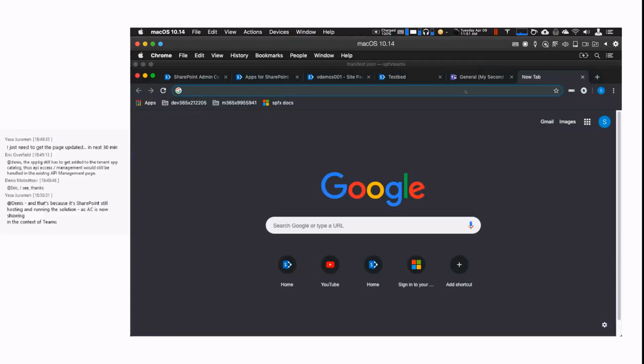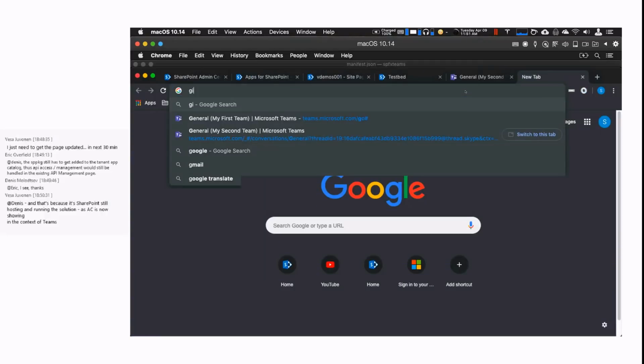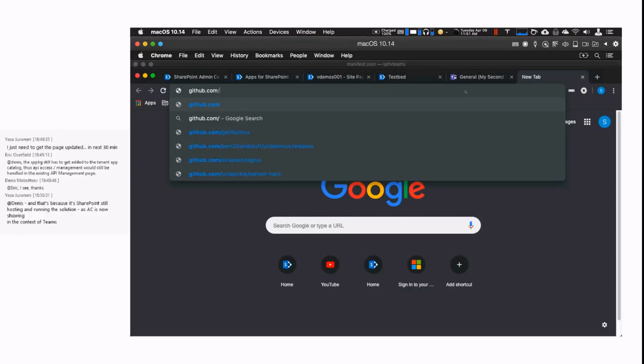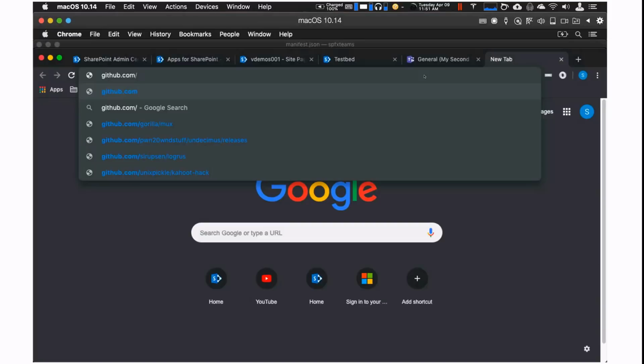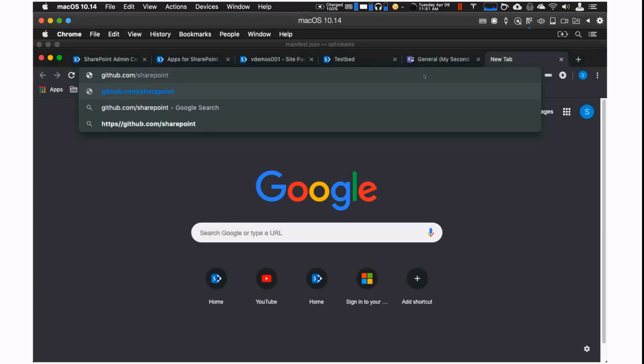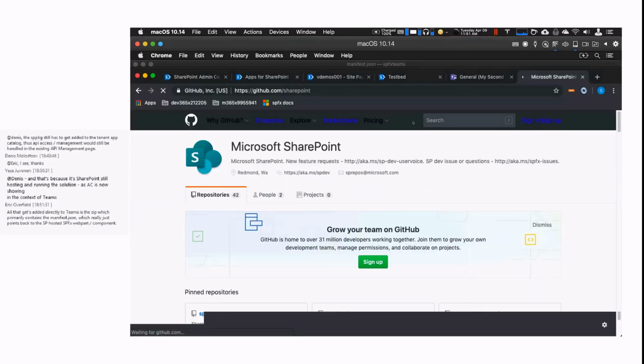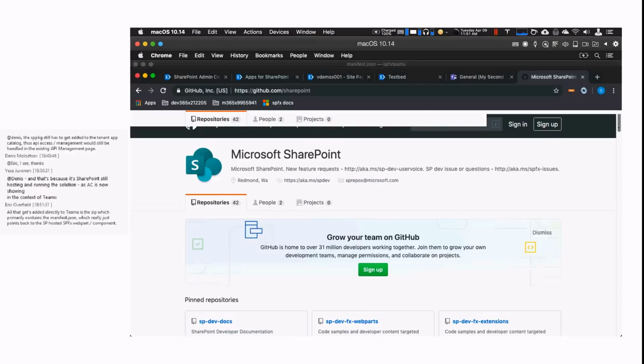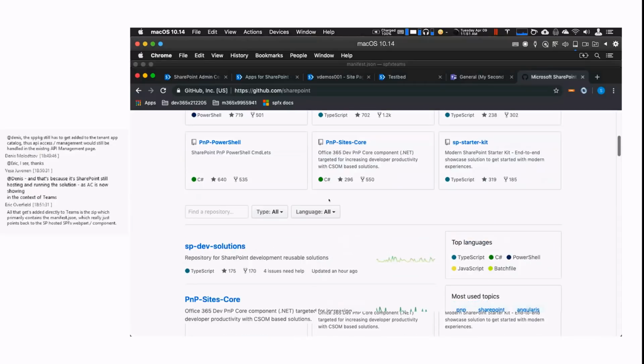If you want to see how to do this, Vesa said that he would be updating that aka.ms/SPFx-training link. He will have that updated, and you'll see a bunch of social sharing stuff that goes out shortly. But in the meantime, if you just go to GitHub, here's the way I go to it. If you go to github.com/SharePoint, and then on the repositories list, if you do a search for training